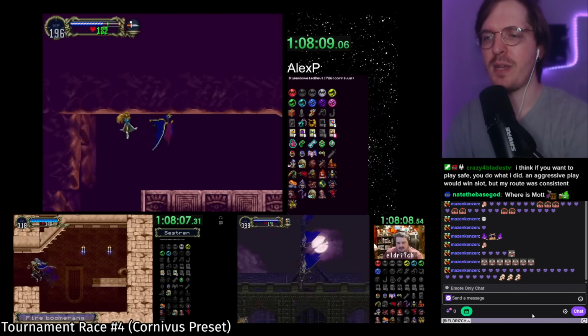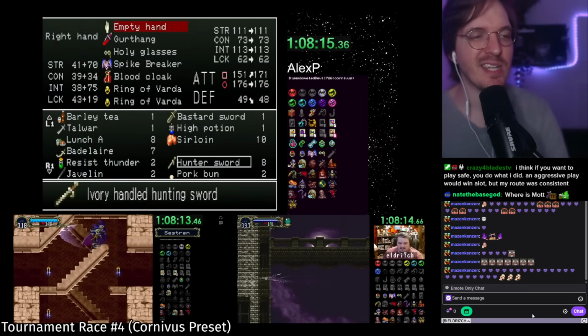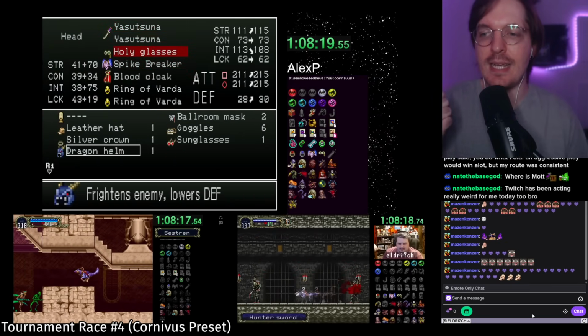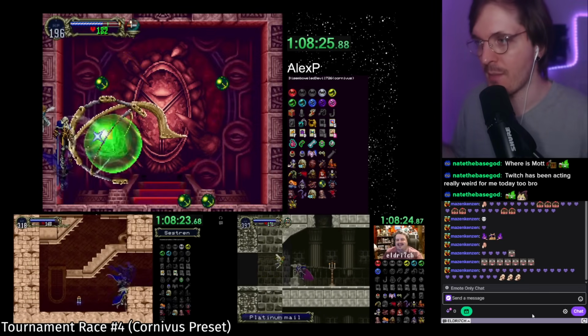I think if you play it safe, you do what I did. I think your play overall was a very strong route. It's just this seed happened to be pretty stingy on giving out things like library cards. All it takes is for one library card to exist anywhere in the second castle and for you to find it, and all of a sudden your route saves like 3 minutes. So